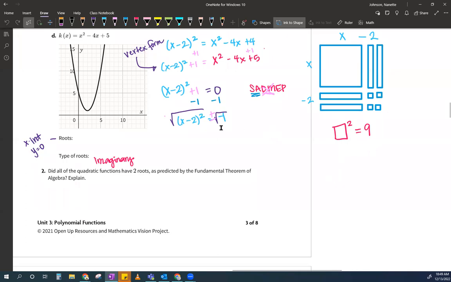Hey, Miss Johnson, if I forget, will I be marked off? Yes. Because I'm looking for 2 answers. You give me 1 answer. How can I give you complete credit for that? Here's the problem though. If I take this